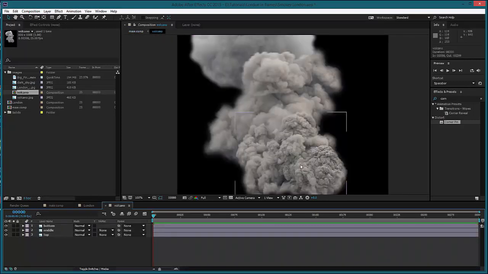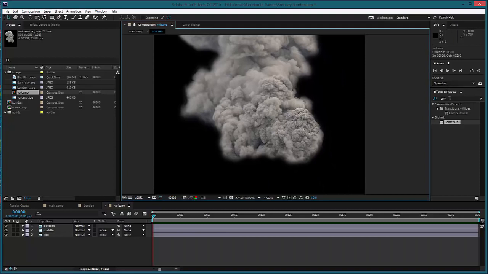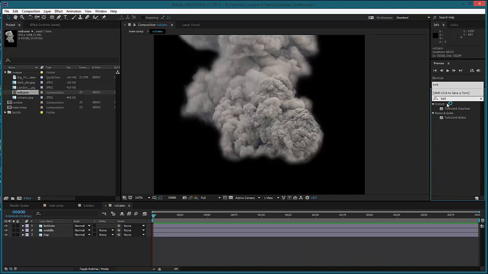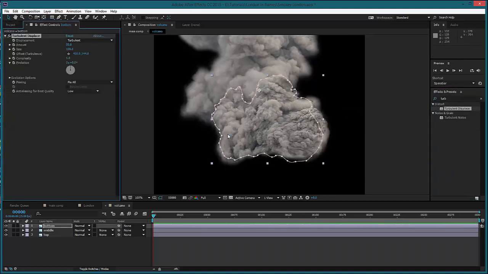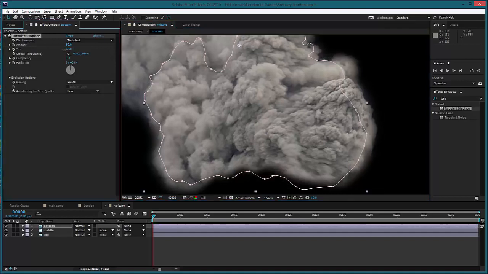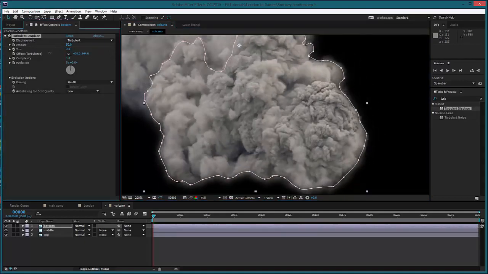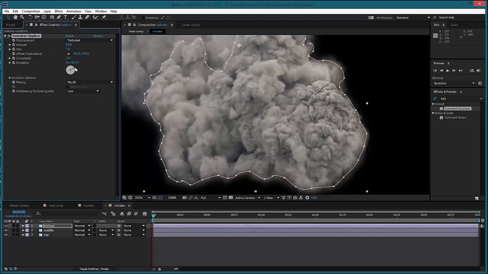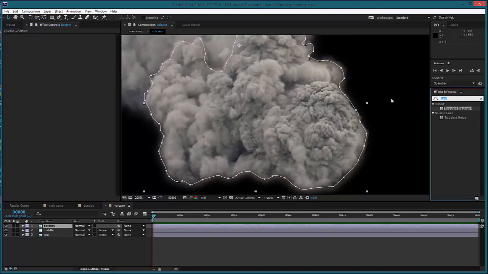So if we go into the volcano, there are a couple of ways we can do this. We can use a tool called Turbulence Displace, and I'll show you what that does on here. Something horrible at the moment. If we decrease the size down, maybe something like that, and cycle the evolution, you can see it's creating a kind of smoky, bulgy feeling, but you haven't got that much control over that. So if we use something called Liquify,